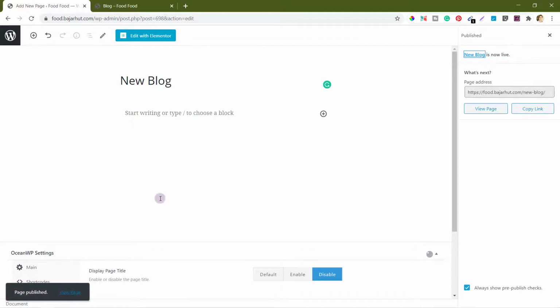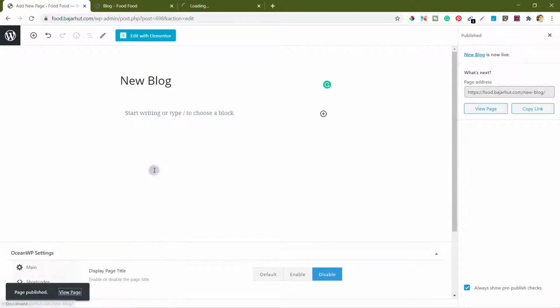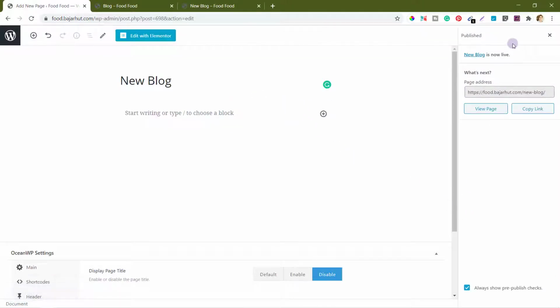Now the new blog is live. So if I open the new page, it looks like this with nothing on this. Right now, since we have used Elementor canvas, we do not see the footer and the header part of this page. Okay, so if we want to show the footer and the header part, we'll go back and we'll probably close this,